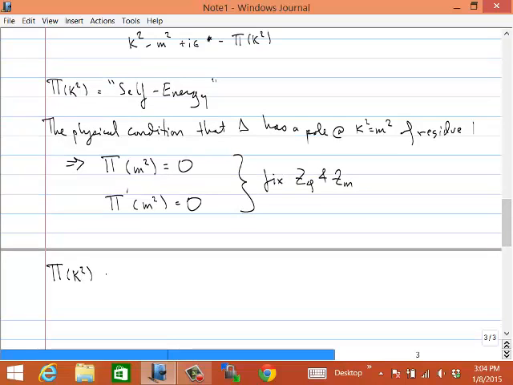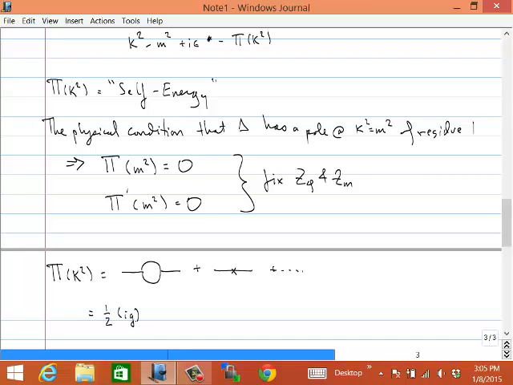So pi, again, at the leading order in perturbation theory is a sum of two terms. There's the one-loop term coming from two interaction vertices, and there are the counterterms coming from z phi and z m, plus other terms that are higher order in the coupling g. So let's just go ahead and write these down. So the first term,